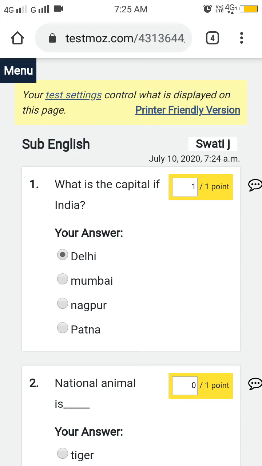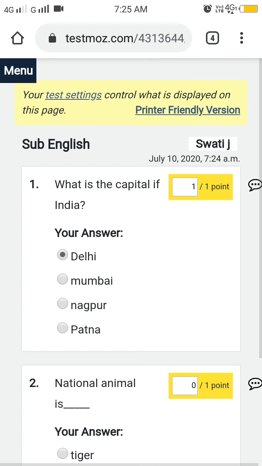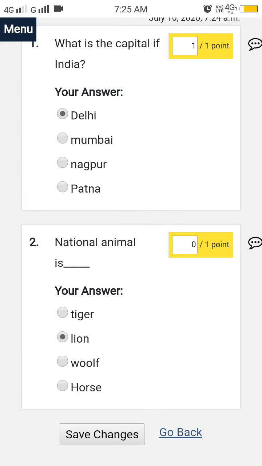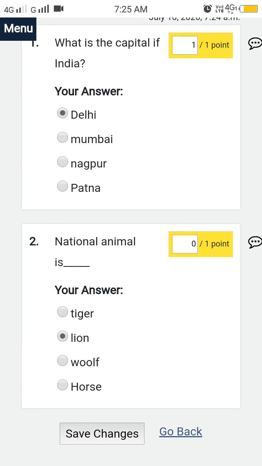You have to click on this link. When I click on the student name link, I will be able to see his paper which he has solved. So his first answer is correct, but the second is wrong, so the mark is 0. Okay, like this way save the changes.